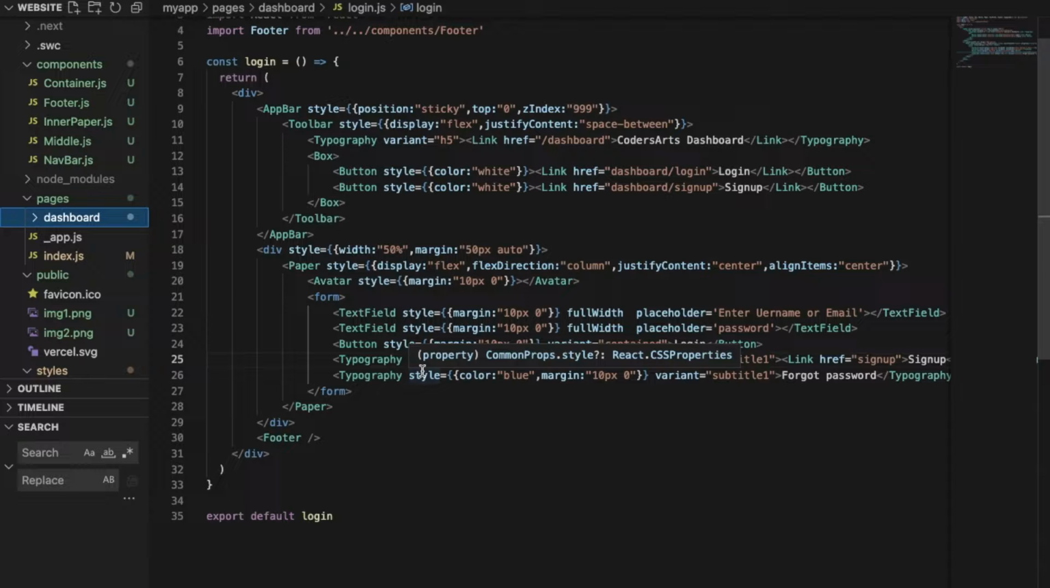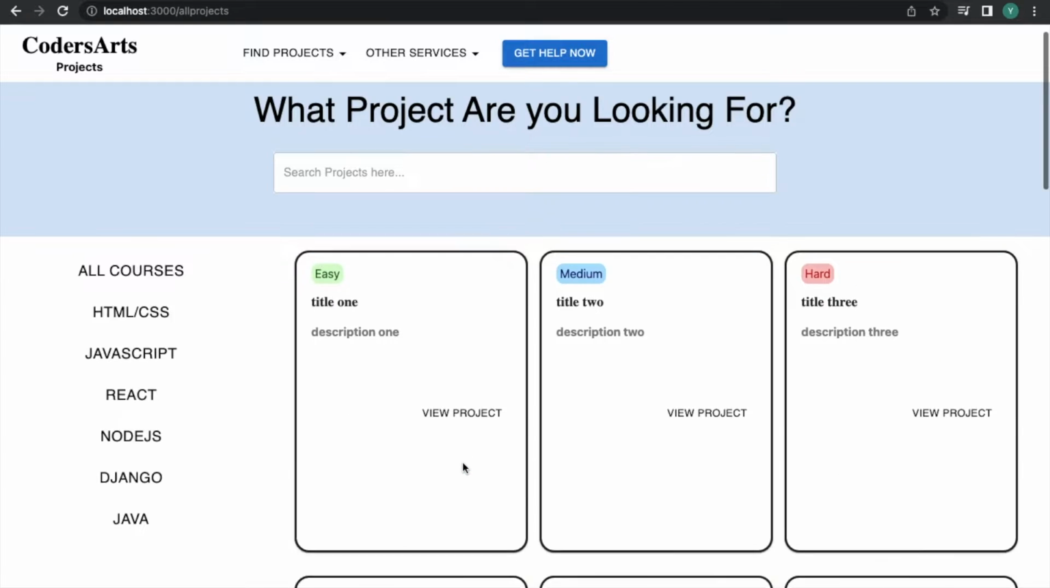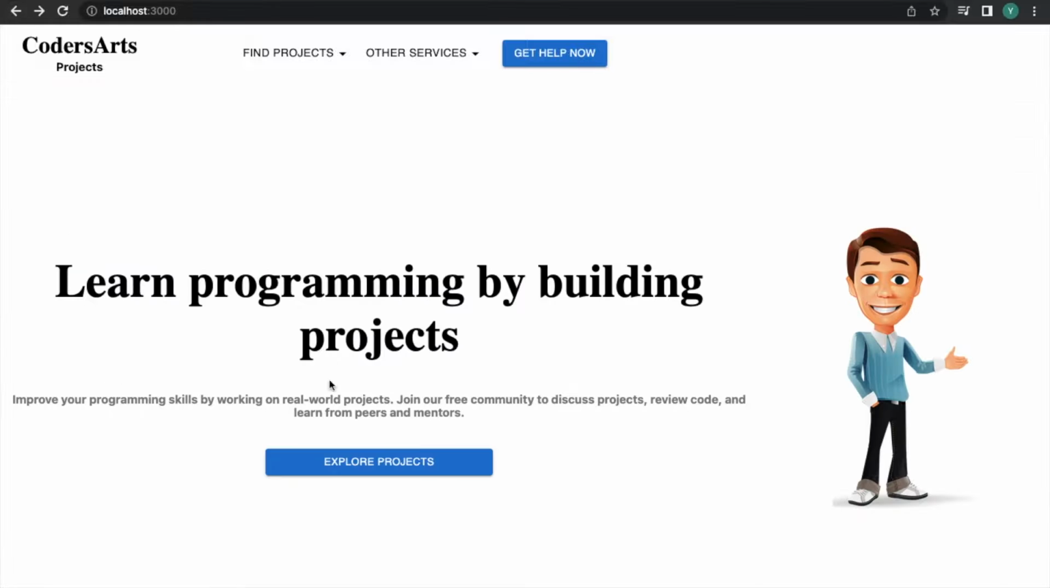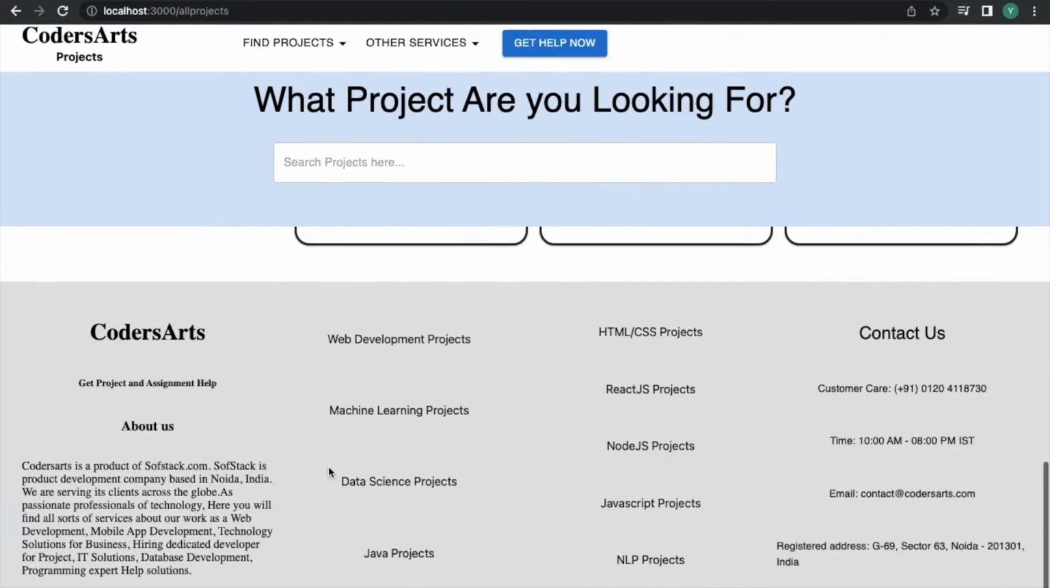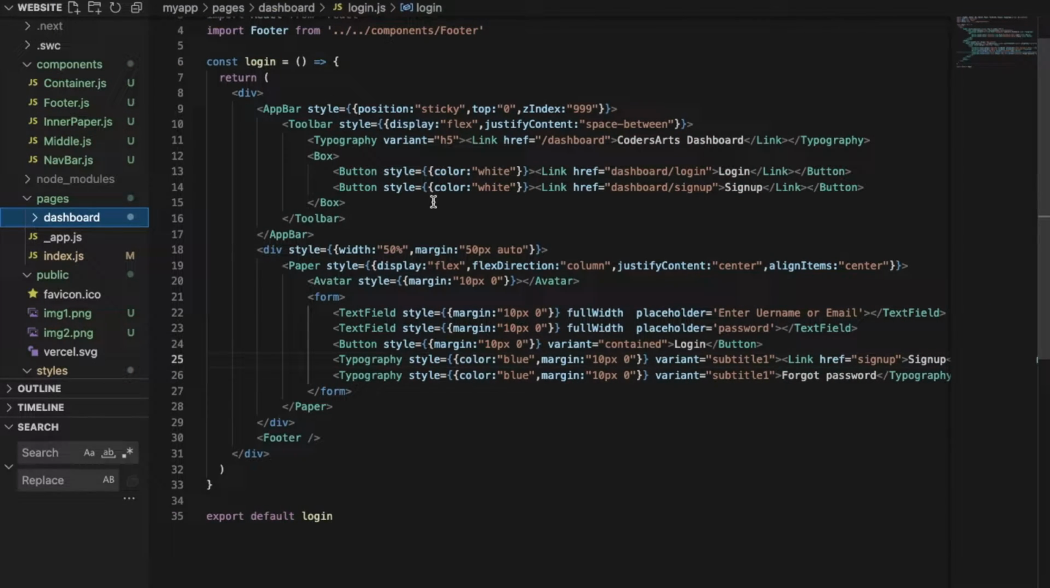So hello everyone. Now we'll be creating this page, which will be this one. When we click on explore projects, this page should appear. So we'll be creating this page now, and for that, first of all, we'll go to this dashboard, maybe not dashboard, in this pages,